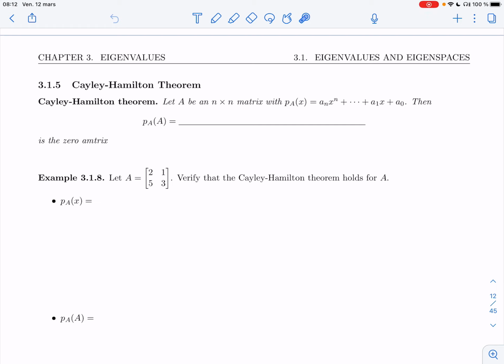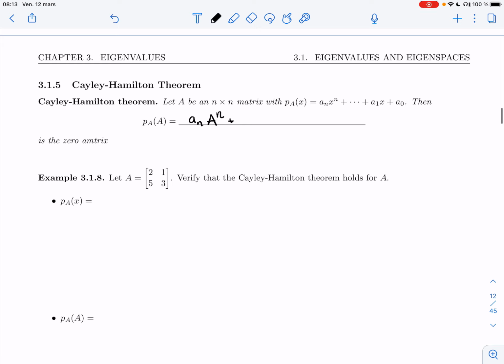Welcome back. In section 3.1.5, we'll see the Cayley-Hamilton theorem. So here's the theorem. Let A be an n by n matrix with this characteristic polynomial, and it expands like this. Then if I plug A into the polynomial, which really means that I'm taking